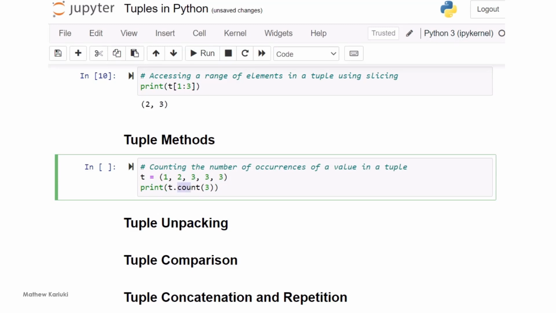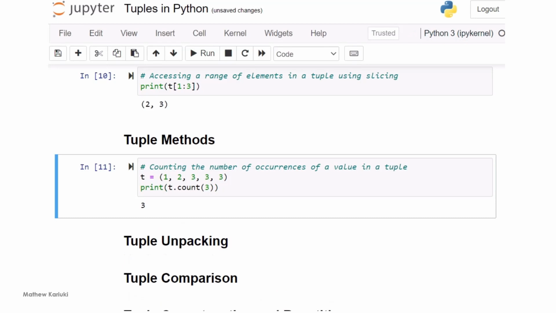The count method is one of two methods that we have in Python for tuples. Basically, this will count the occurrence of 3 in that tuple. A simple count returns 3. We have 1, 2, and 3. So if we decide to execute this, we get